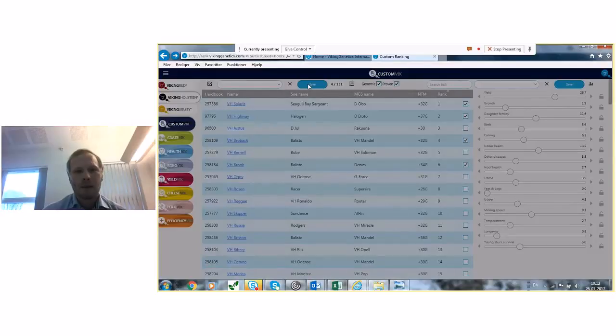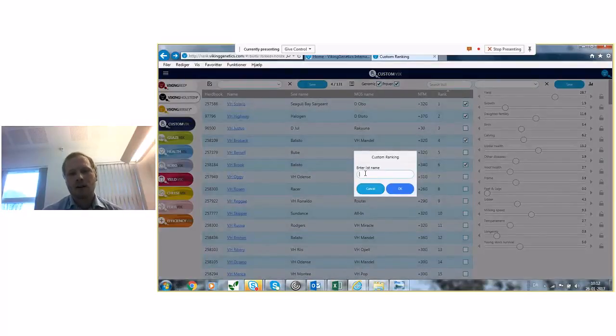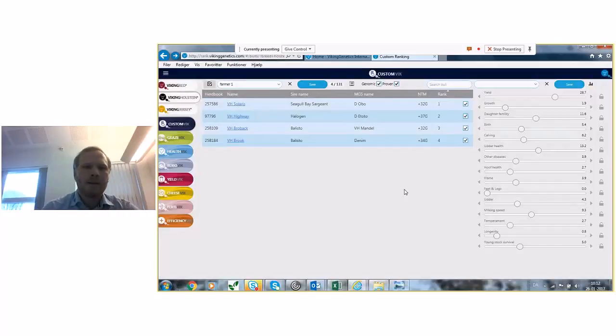And that's where if you don't log in, you just go in on VikRank without logging in with your own username and stuff, you can't do this. So that's why we normally want to log in. And then I'll just call this farmer 1. It could be one of your farmers. So you just save this list. So now you have a list, or even if you just have maybe 10 different Viking bulls in your country, you could just make a list with these 10 bulls, so you don't need to show all the other bulls, and it just makes more confusion for your farmers.